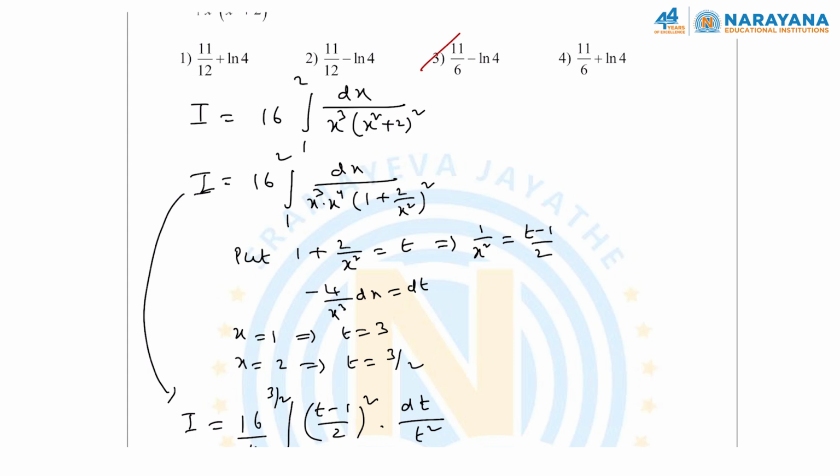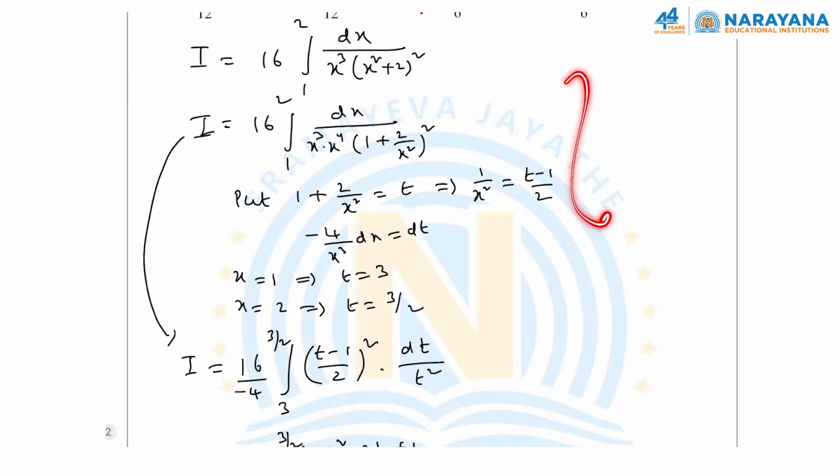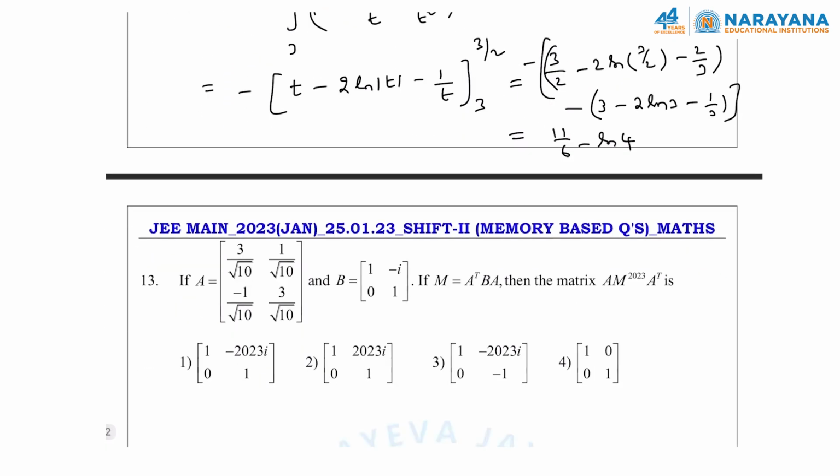See, we can do it in different ways. This is the easiest procedure. You can use partial fractions, or you can substitute x is equal to root 2 tan theta, which will be converted into this form only at last. So this will be an easier method. Next,